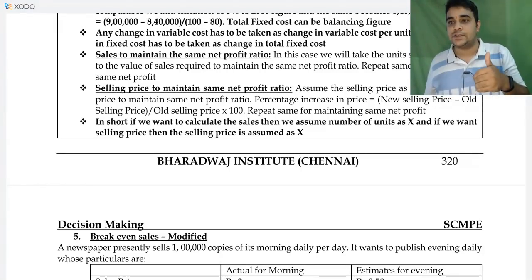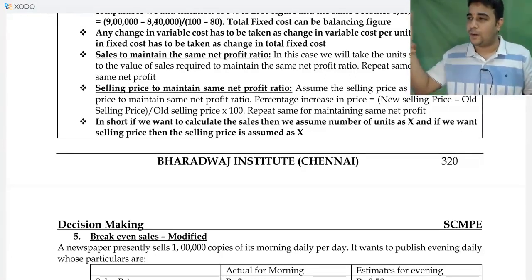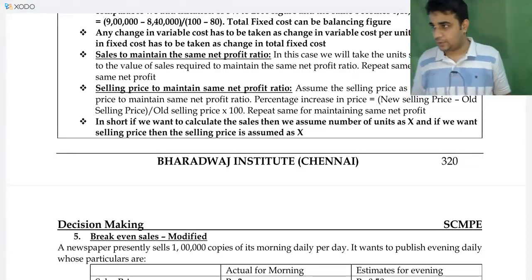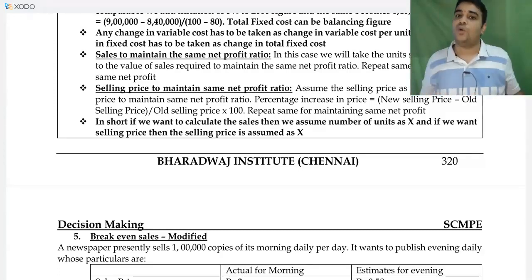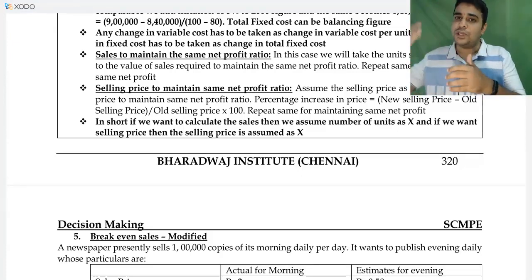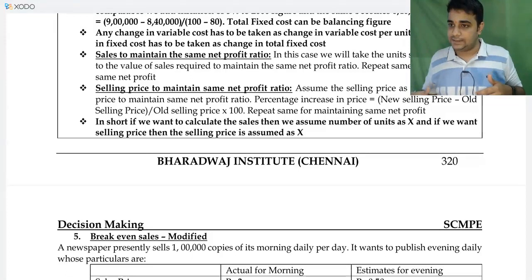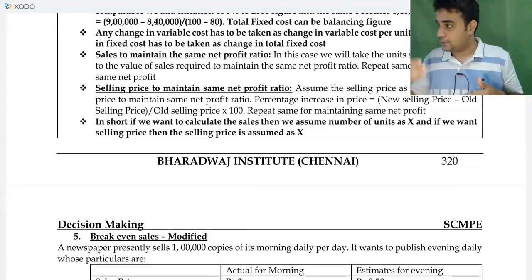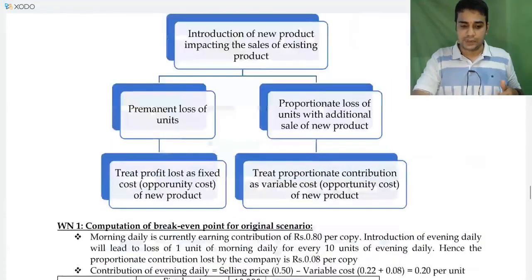Why it's a variable cost is, for 1 unit you sell, you will lose 1/5 of the existing product. It could be 1/5, 1/6, 1/7, some ratio would be given in the question. If you sell 1 unit of new product, 1/5 of the old product is gone. 2 units, 2/5 is gone. 3 units, 3/5 is gone. 10 units, 10/5, so 2 units lost. 20 units, 20/5. As you keep increasing the sale of the new product, you will keep losing more and more of the existing product. So it becomes more like a variable cost: every unit you sell, a proportionate loss.